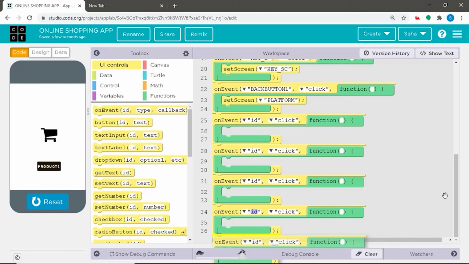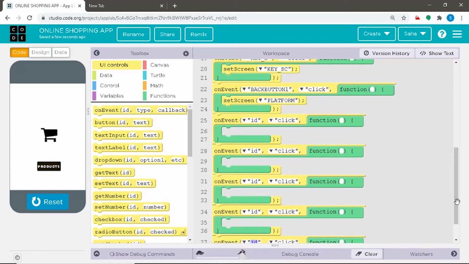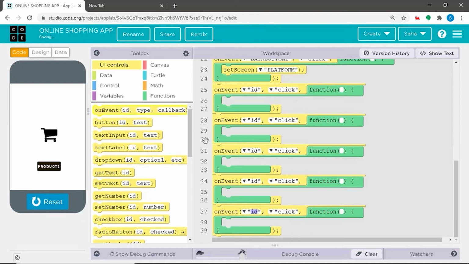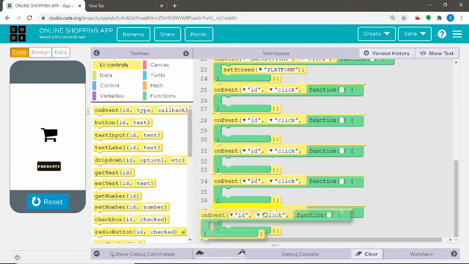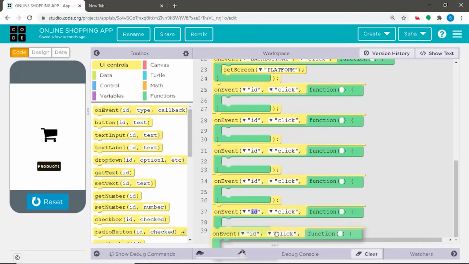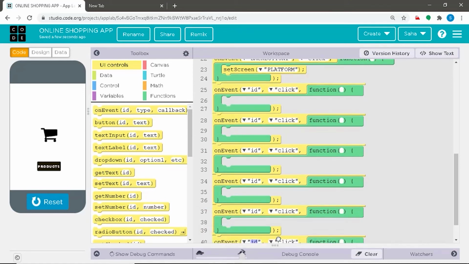I have one more on event button to be used. So I shall drag this into the workspace, which is our last and final command for the online shopping app. As you can see, we now have 6 on event commands which are to be defining different buttons which we have used in our online shopping app.